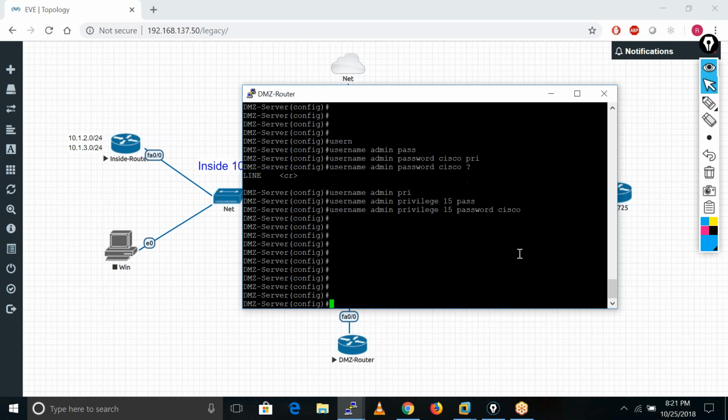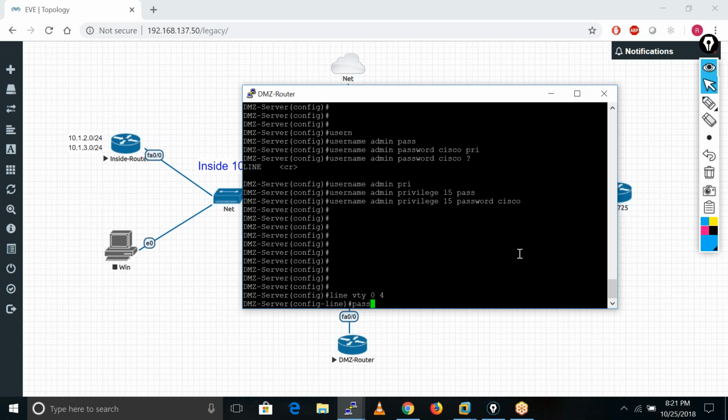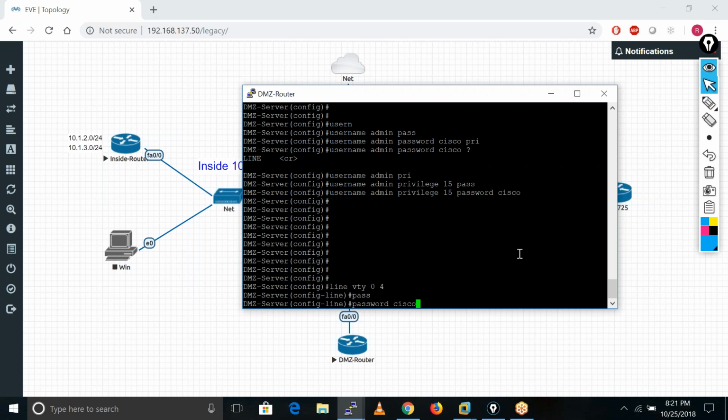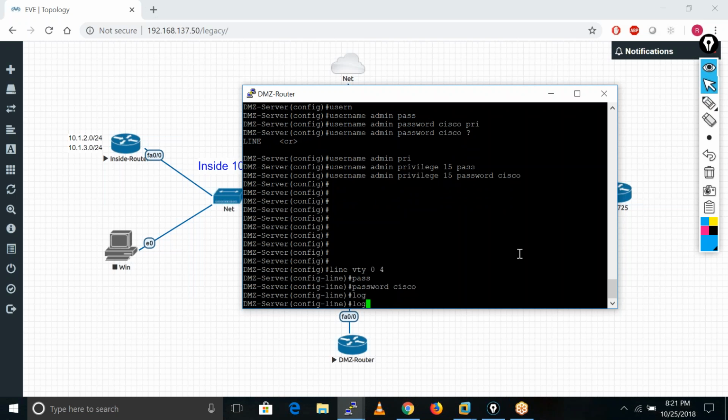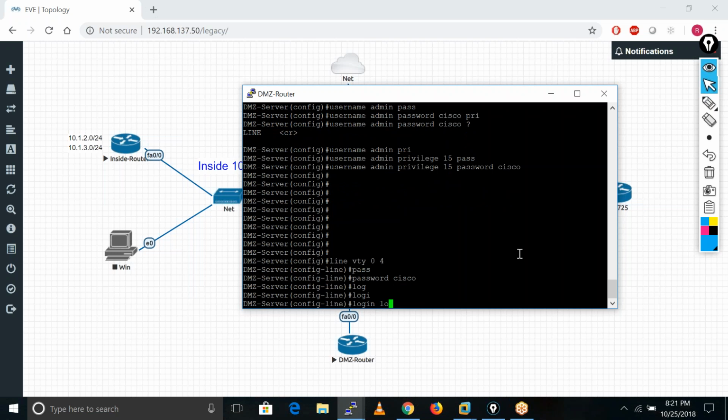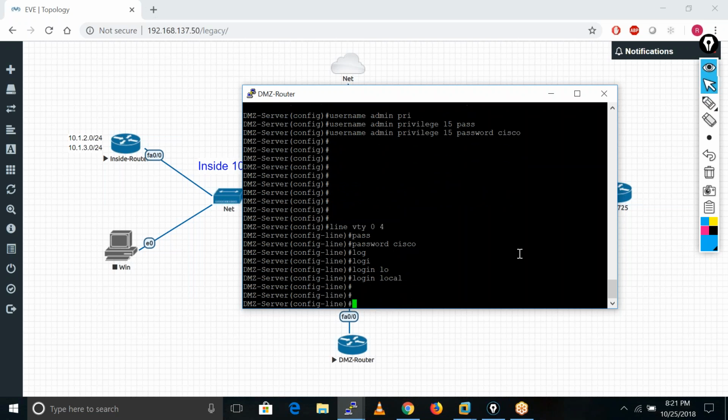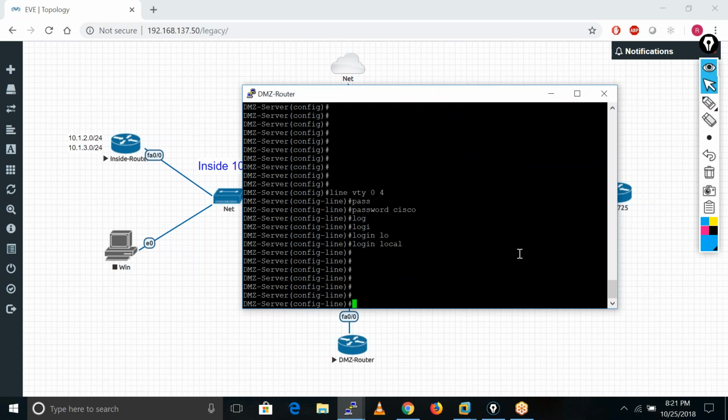Okay, now how can we configure telnet on the router? This is the command to configure telnet: line vty 0 4, password Cisco, login local. Here we also need to define transport input.